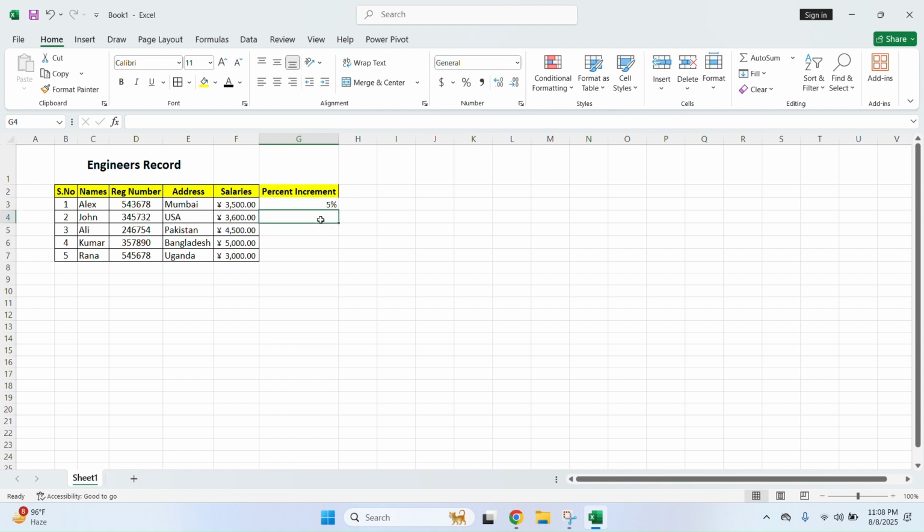So now you can see that 5% has been added. For John, I'm writing 0.6, which may be 60%, and 0.7, and for Kumar it is 0.45, and finally for Rana it is 0.65. Selecting all of them, now you can see that the text has been changed. The cells will be changed to